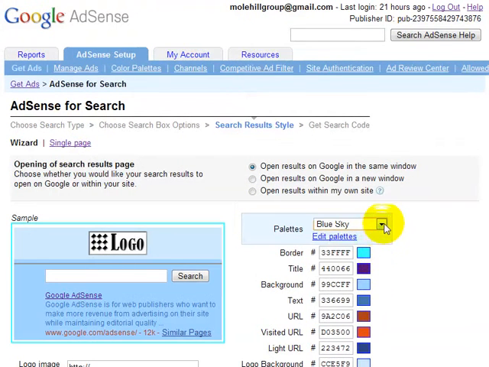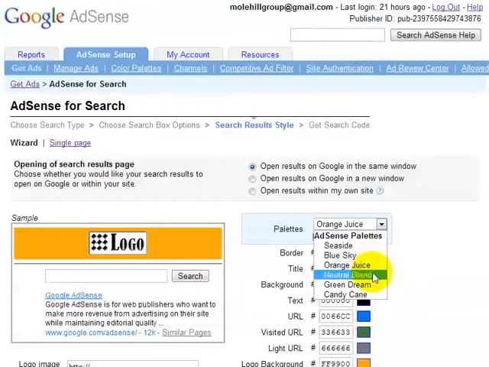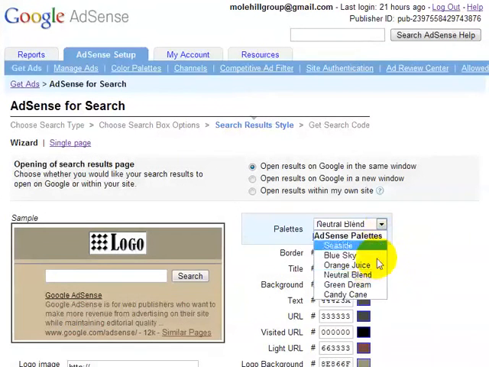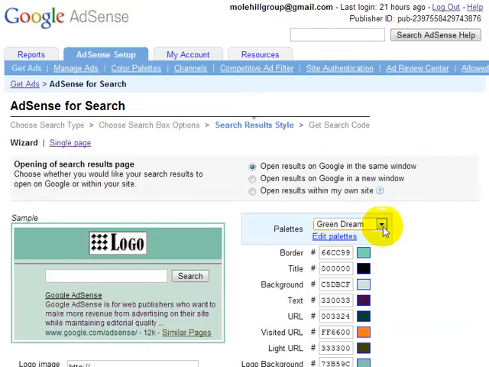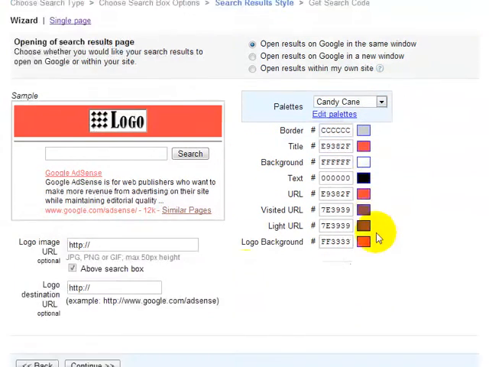And this is what the search results will look like. You can select a color palette. There's a lot of different choices in terms of how we want the search results displayed. So make your choice here in the palette, or select individual colors down below. You can custom design pretty much everything. If you want a logo displayed on top of the results, as we see here in the preview, we can then scroll down a bit